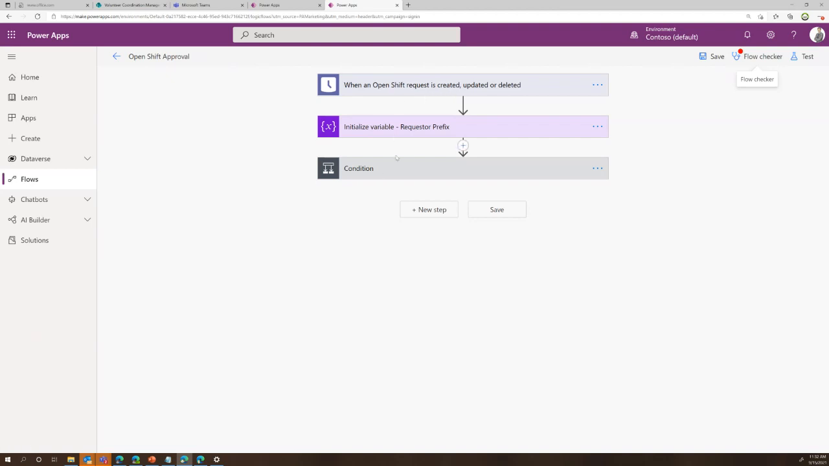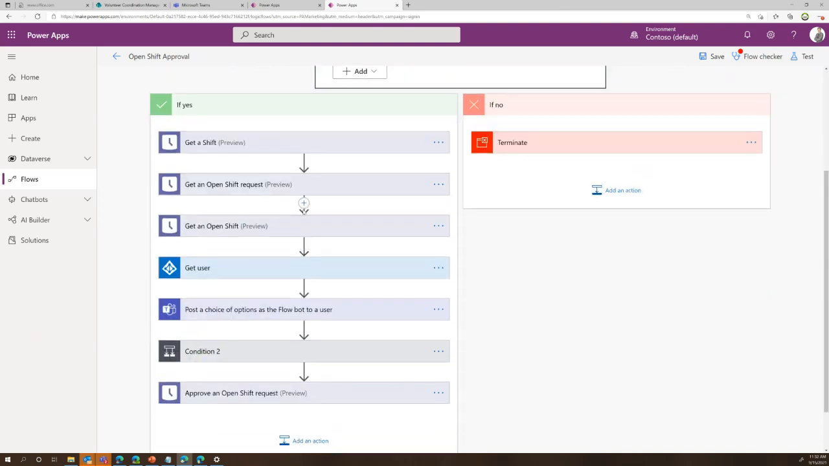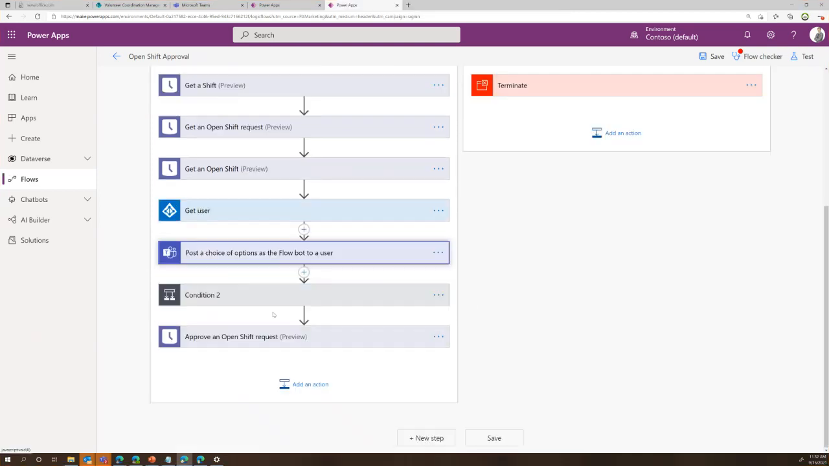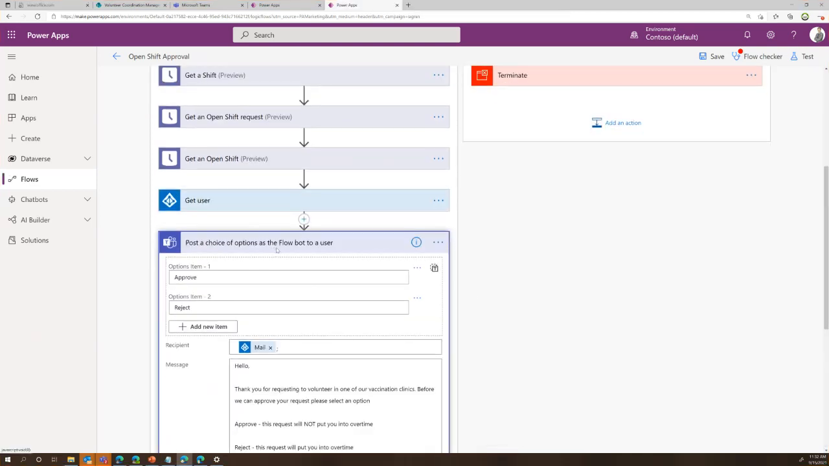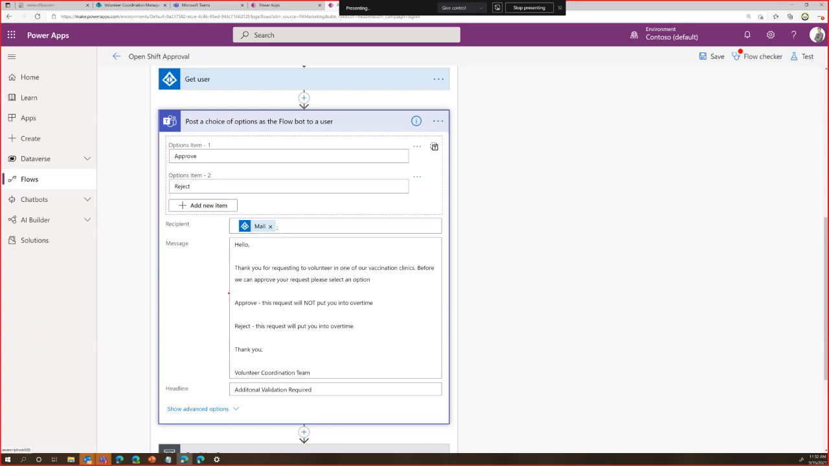And what it does is it goes in and gets some details about the shift, the OpenShift request, the user, and then also posts a choice of options as the Flowbot to the user. So what this step does is it sends an adaptive card in Teams that allows that end user, the volunteer, to either approve that this request will not put them into overtime, or reject if the request will put